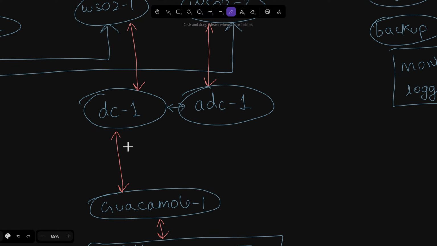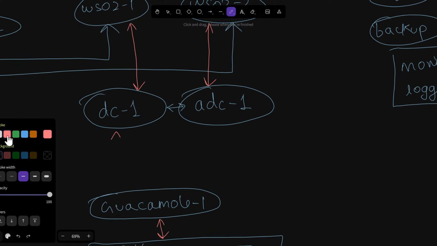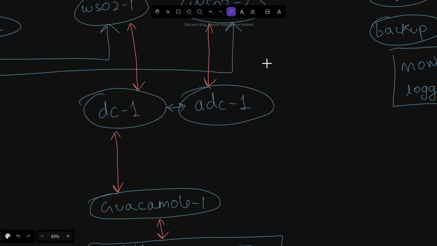Basically, the authorization of each account is managed by some servers as well.